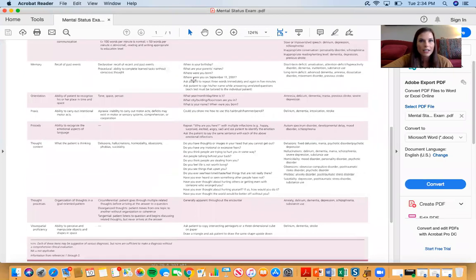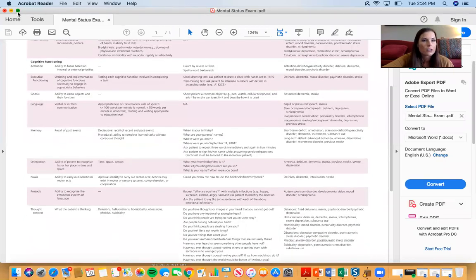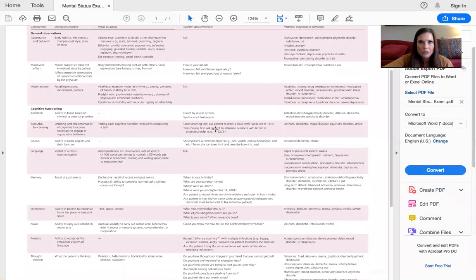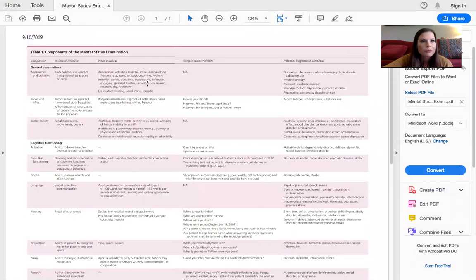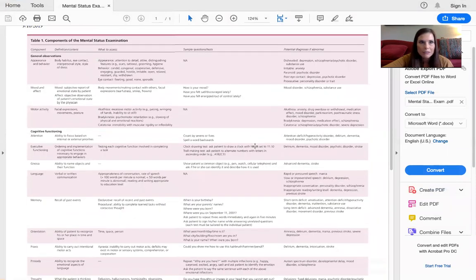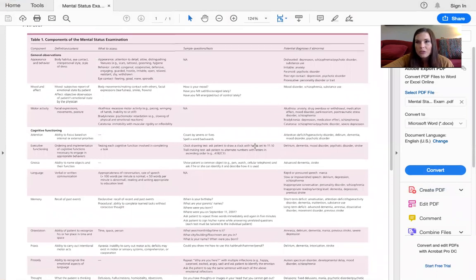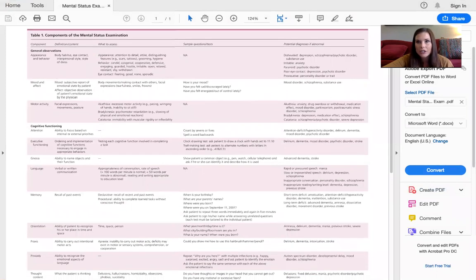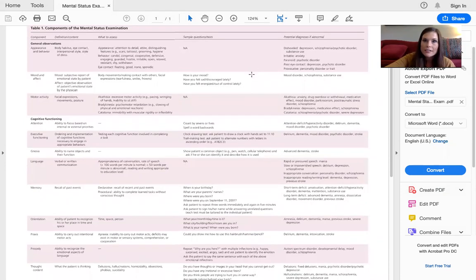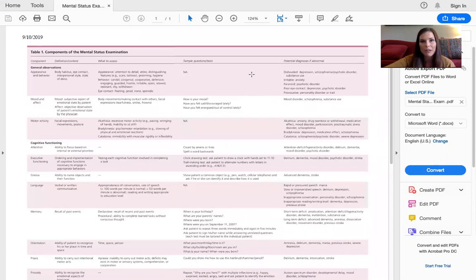Okay, so now I want to show you an example of an actual mental status exam with the components. So if you're in a hospital, they might have a shortened version of this, and you can just jot down notes next to the different categories. But it can also tell you a little bit about